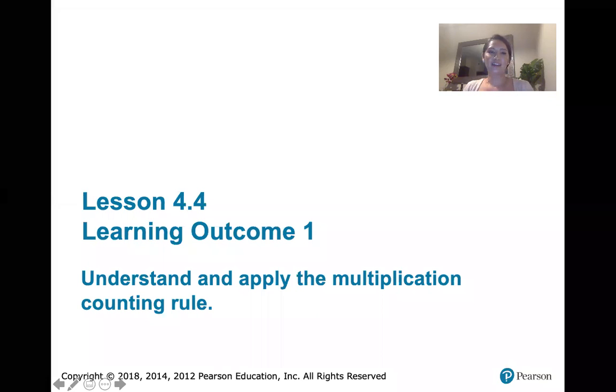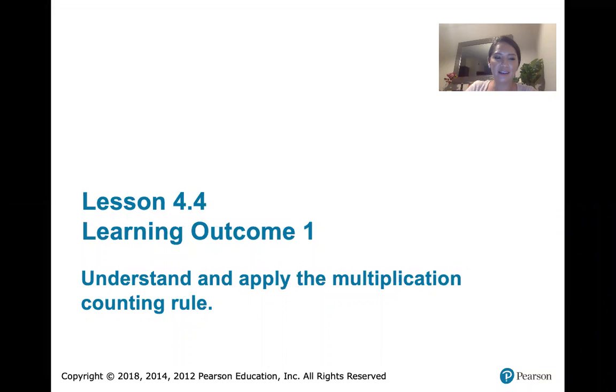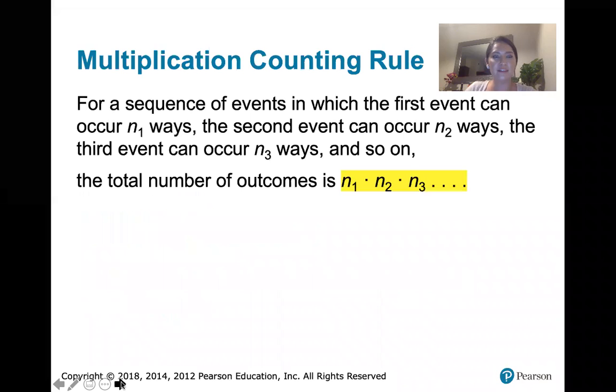In this video, we discuss learning outcome number 1 of lesson 4.4, which is all about understanding and applying the multiplication counting rule. So here's the rule. It says for a sequence of events in which the first event can occur in n sub 1 ways, and the second event can occur in n sub 2 ways, and the third event can occur in n sub 3 ways, and so on, the total number of possible outcomes is just the product of all of those ways